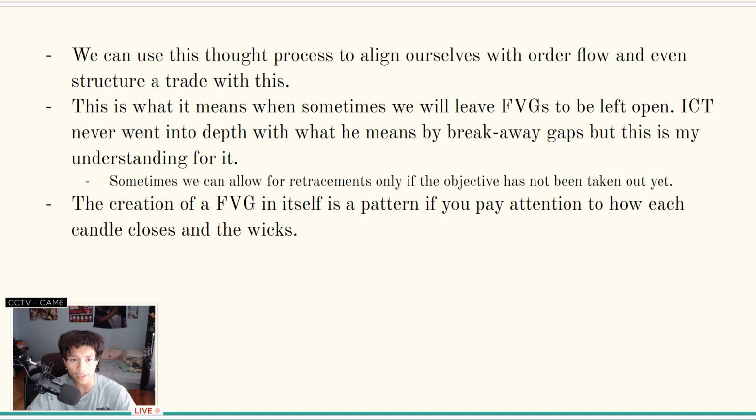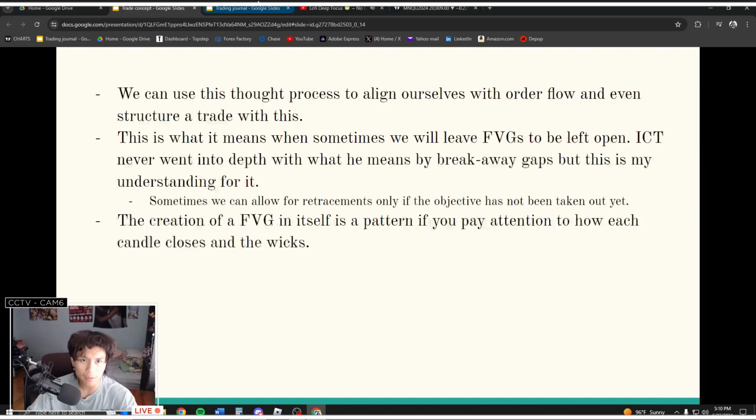This is what it means when sometimes we will leave fair value gaps open. ICT never really went into depth with what he means by breakaway gaps, but this is my understanding for it. He never spoke a lot about the creation of fair value gaps. It was mainly more like,